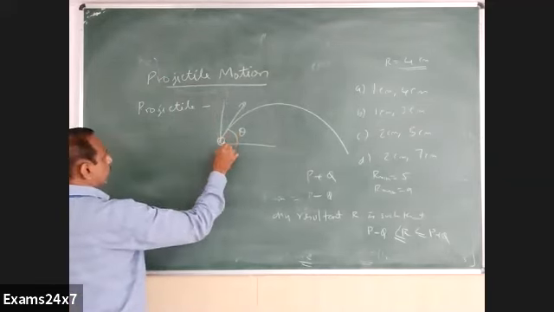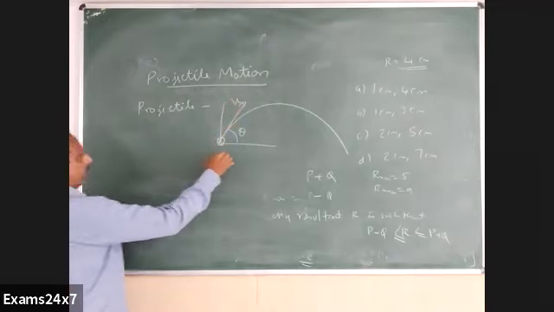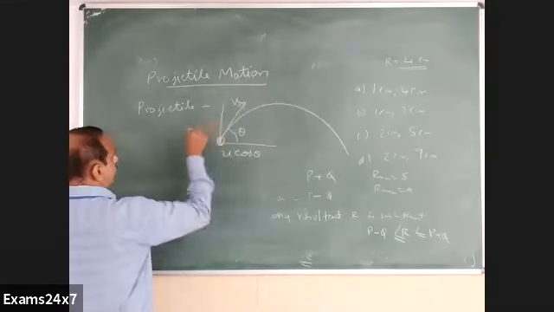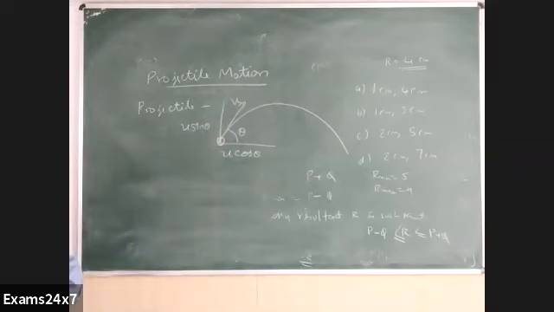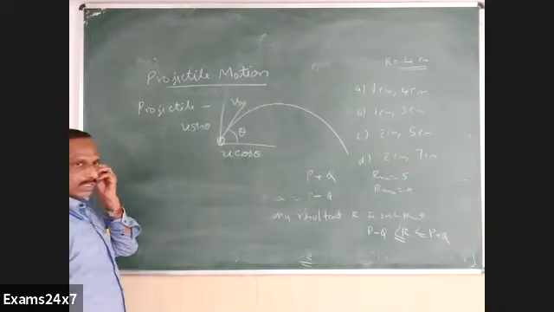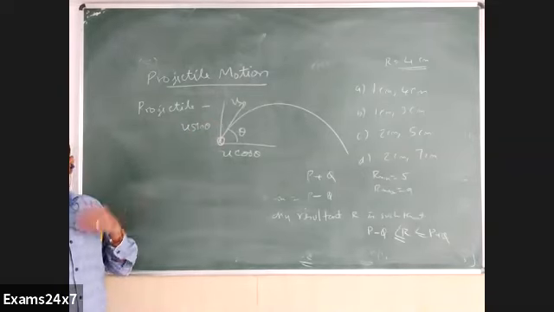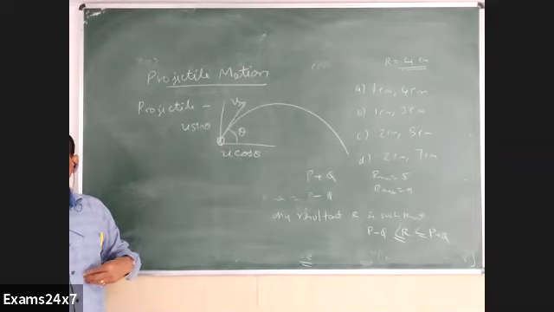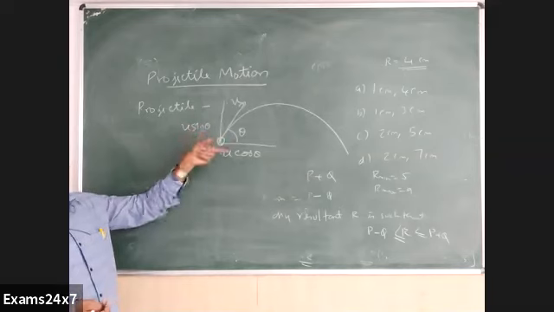And first of all, we should know about the two components of the velocity. If the velocity of throw is u, what is the horizontal component? U cos theta. And the vertical component? U sin theta. Are these two components kept constant throughout the motion? These are the initial components of velocity. Gradually, what happens to velocity as it goes up? It decreases. Why does velocity decrease? Gravity is acting against one part of the velocity. Which part?